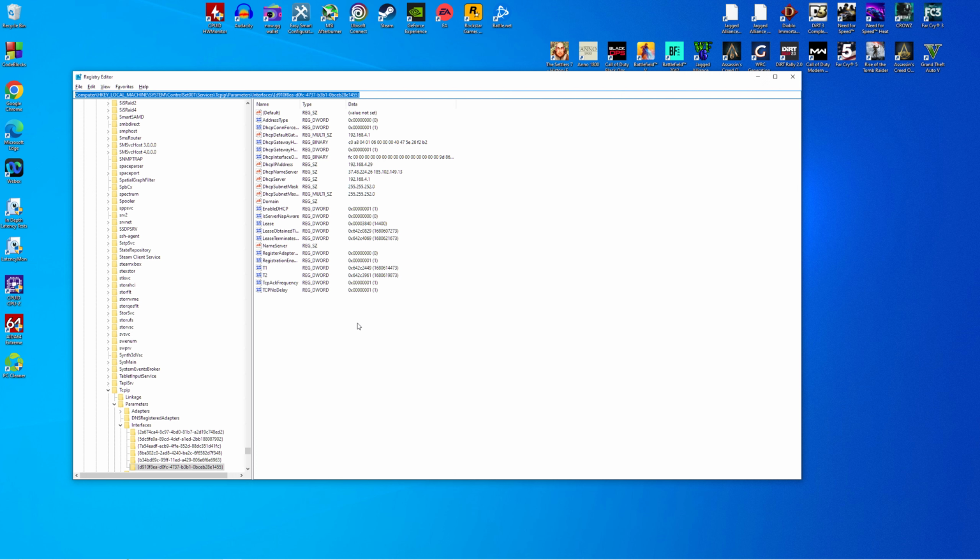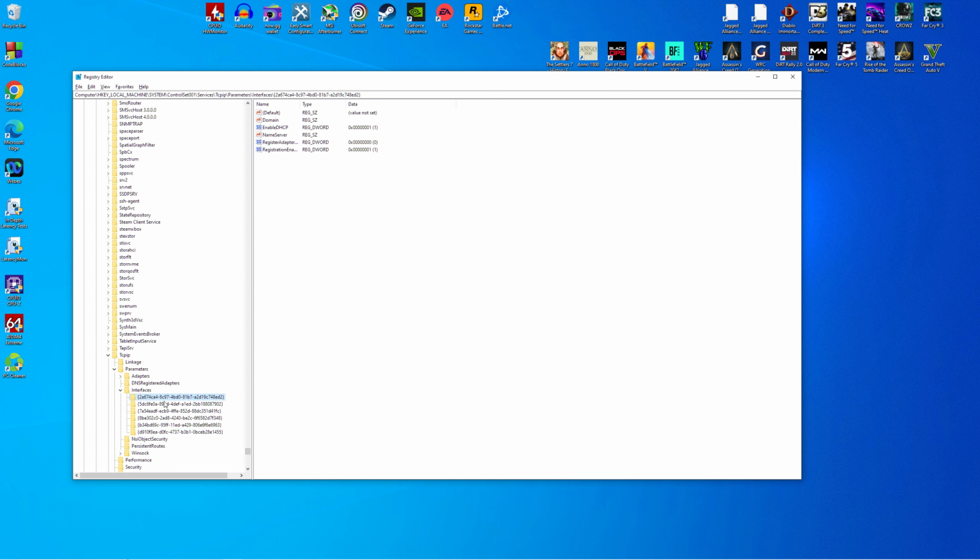For now, quickly, if you're doing it live, it will be HKEY_LOCAL_MACHINE, SYSTEM, ControlSet001, Services, Tcpip, Parameters, Interfaces, and then in Interfaces you will want to go into the key that contains your